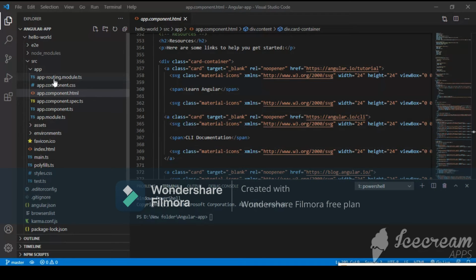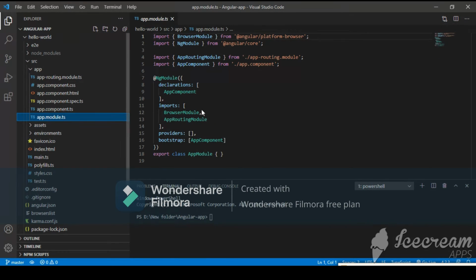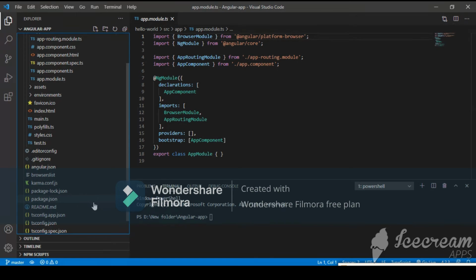In the app folder you'll find a routing module.ts file, a CSS file which is used to assign the style sheets to our HTML page, then an HTML page which is used to structure our DOM elements, a spec file which is used for testing purposes, and a TS file which is used to implement the business logic, and this main module file is used to import all the libraries. Then the package.json file you will find here is used to import all the necessary packages to our running application.